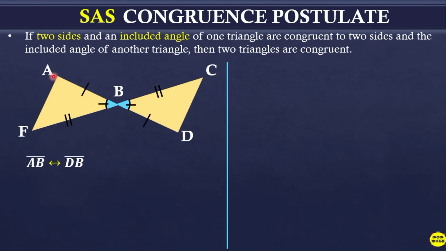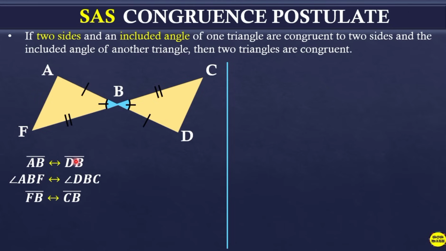So, we have here AB corresponds to DB. Okay, bakit? Pareho sila ng markings. Next, we have angle ABF corresponds to angle DBC. Okay, bakit? Kasi they are vertical angles. So, corresponding angles yan sila. Next, we also have FB corresponds to CB. Okay. Now, from this